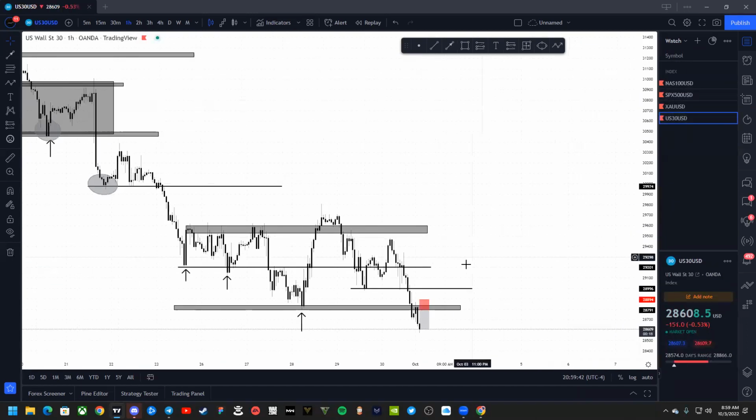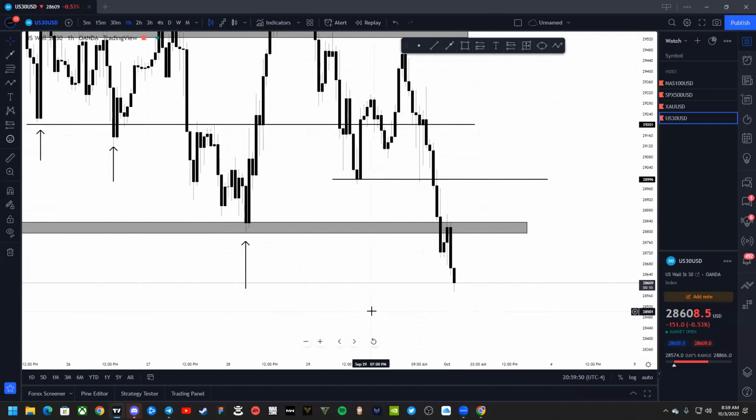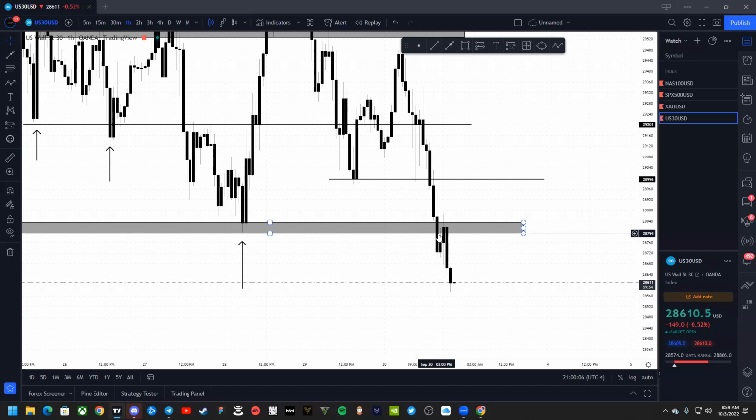All right, so we're on US 30. You're saying, if the hour candle closes breaking support. All right, so this candle right here, this candle closes, breaking support. Isn't that candle? You still would enter. If you're saying would I enter after the candle closes, yes. Isn't that candle? I don't know what that means, but